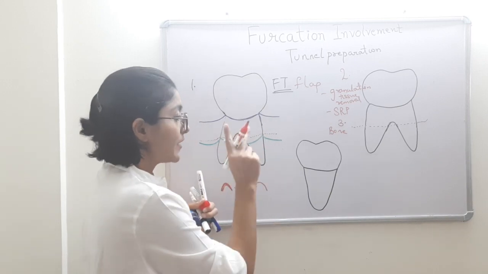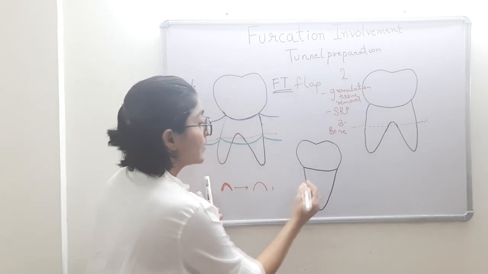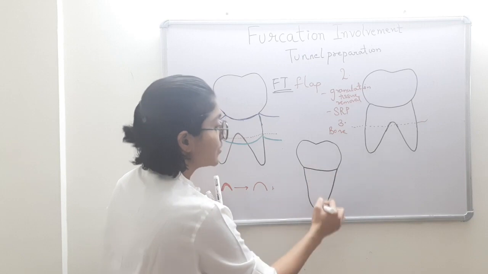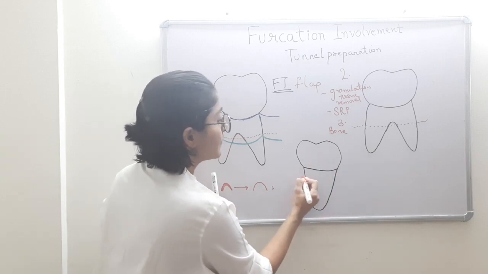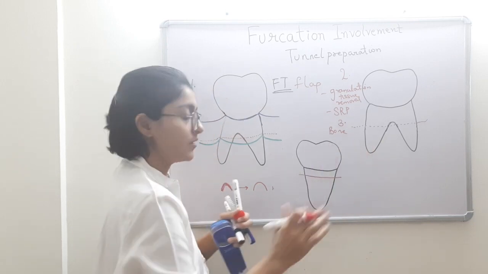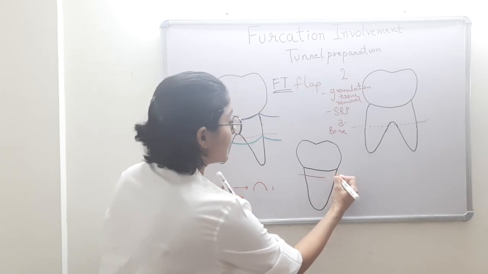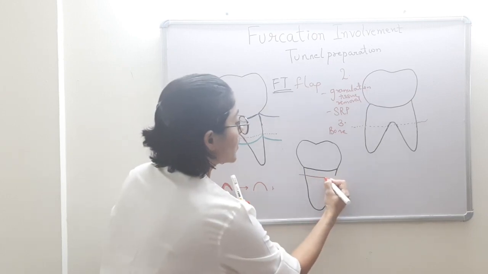From there, there are two areas where interradicular bone is present. One is this horizontal fashion. Onto this proximal side, imagine if there is a through and through bone loss, bone is totally absent in this horizontal manner. But if it is a deep grade 2, then the bone loss is still here.